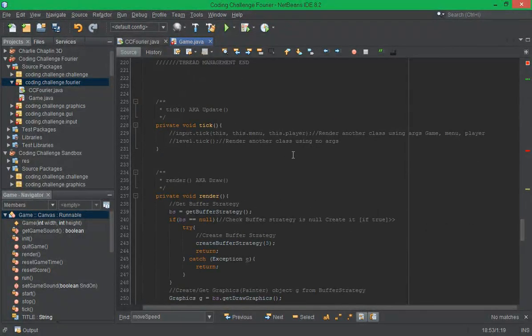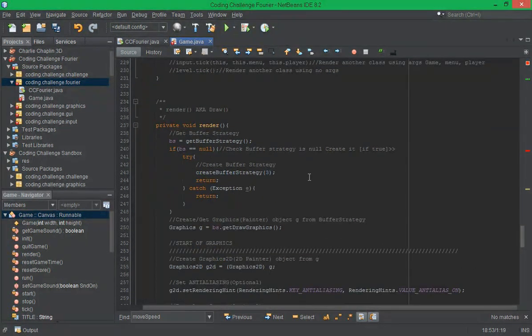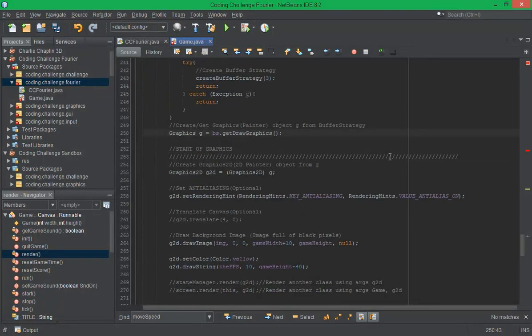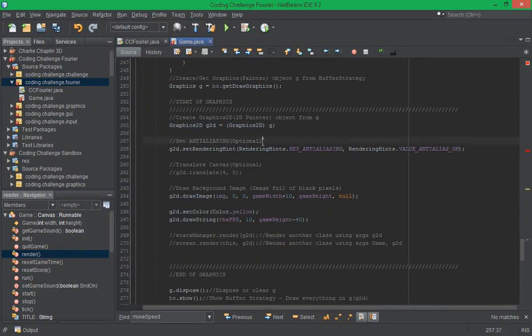If we get past the run, we're going to take and update another class, probably challenge. Excuse me. And this is where we run the stuff out. We're getting the buffer strategy there, checking to make sure the buffer strategy is null. If it's null, then create it. If not, then it already exists. And get the graphics, or the painter object G, from the buffer strategy. This is the start of the graphics. We convert G to a Graphics2D object, set the anti-aliasing,